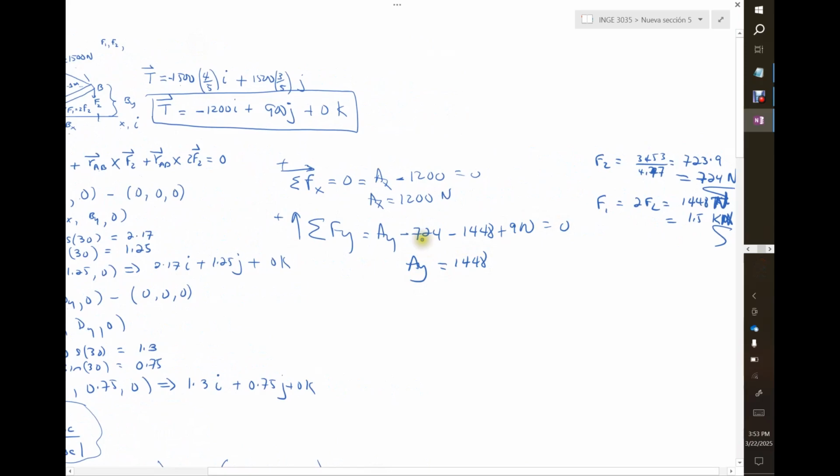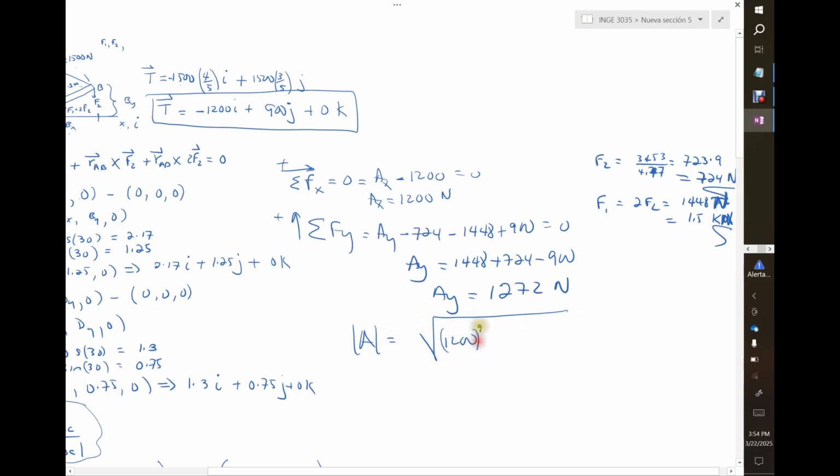1448 plus 724 minus 900. Finally, AY is, let me get the calculator here, 1272 Newton, meaning that the magnitude of point A, the pin A, is equal to the square root of